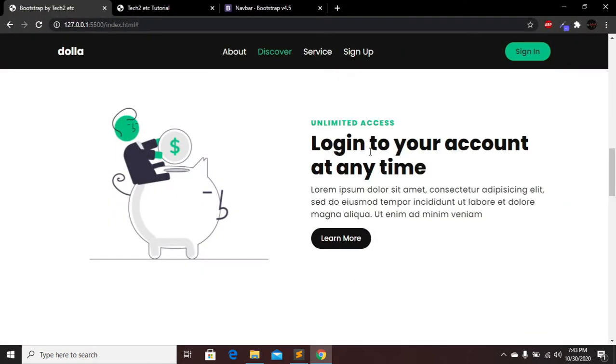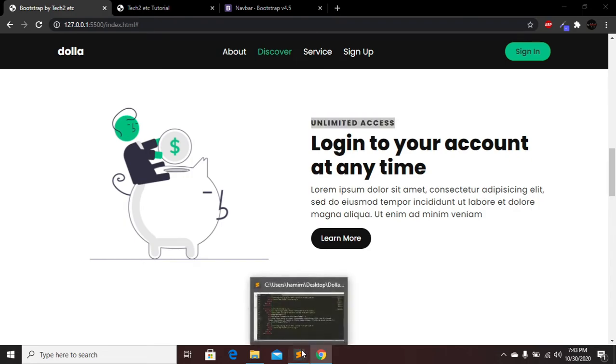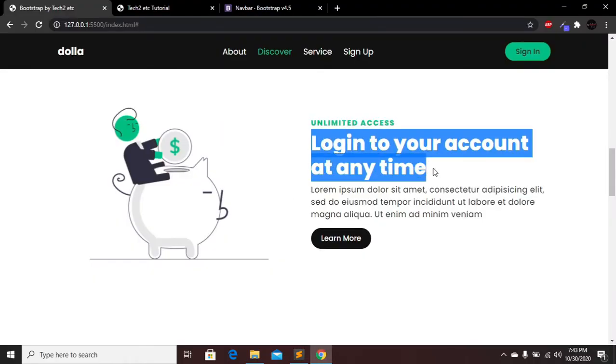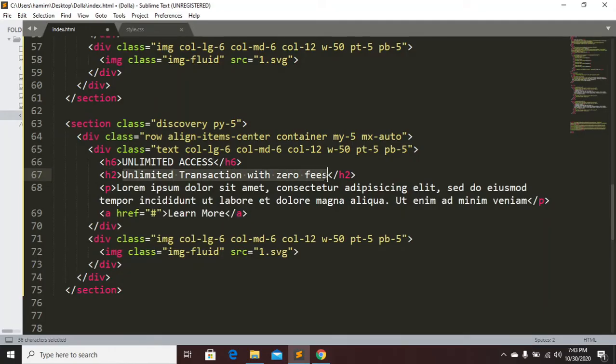And here in our h6 this line is unlimited access, so copy this line from here and just paste it here, that's it. And for our h2 we have to copy this line and paste it here, so that's it I think. So now we have to change our image for our second section. This will be 2, and our file name is png. Now save, go our website